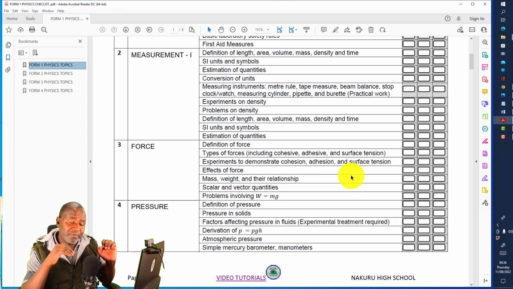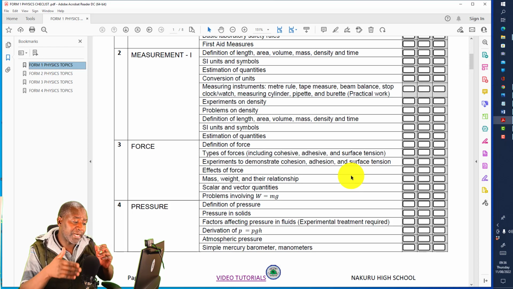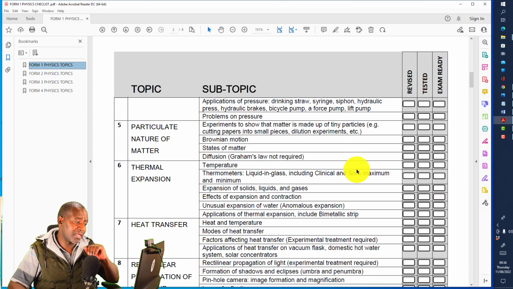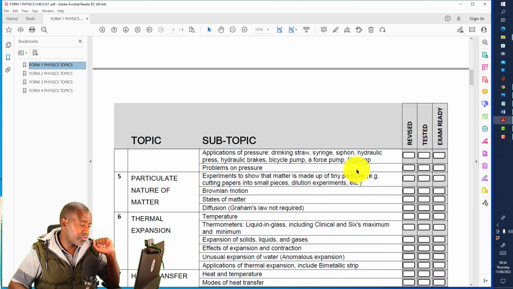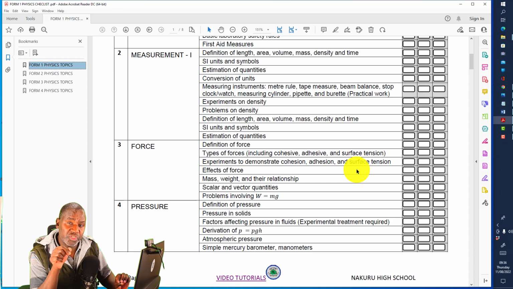But if you can have a head start in that particular topic, it will do you a lot of good, because you'll be able to catch up with the rest of the concepts in a very easy way. So you'll find the understanding of these concepts is going to be much easier. If you can go ahead and read on the other topics through the online textbook, the PDF textbook, which I will send you, because